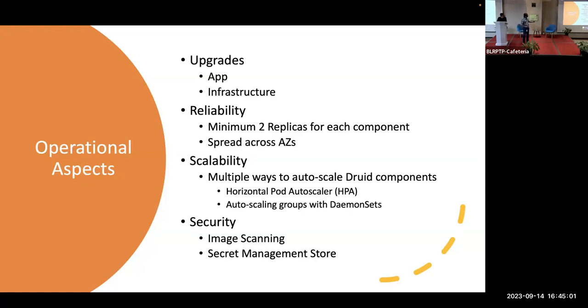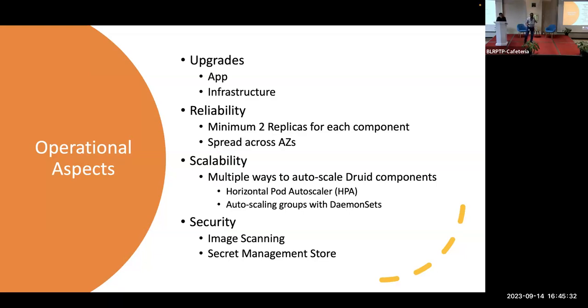You have to go ahead. So when you are doing these two upgrades, we want reliability, so that whenever these upgrades happen, your Druid is still in the picture. It is able to read the data and able to write the data. For that reason, to maintain this reliability, we had a minimum of 2 replicas of each component, though coordinator and overlord, we know, can't scale horizontally.